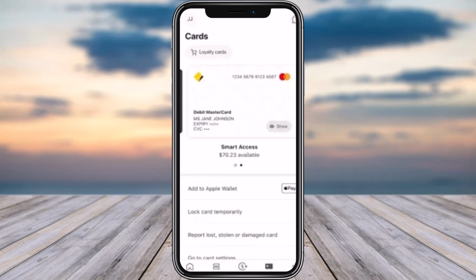Once you have done that, you're going to find this kind of interface, including your card's information. Go ahead, scroll and choose the card that you would like to add. Once you have chosen that card, in the bottom, you're going to find this option of add to Apple Wallet option right away. Once you have tapped on that option, it will redirect you to the Apple Wallet,